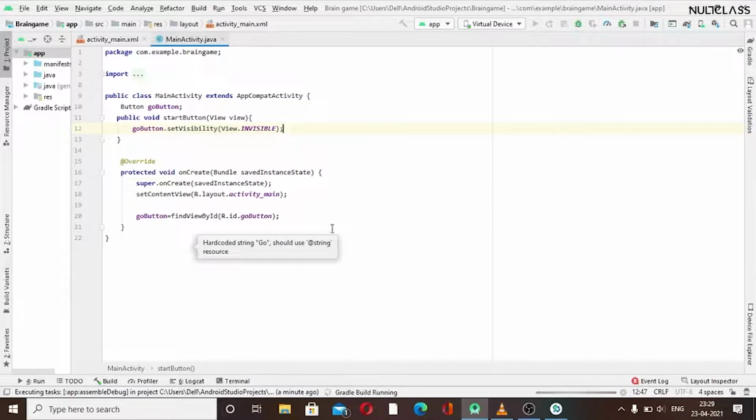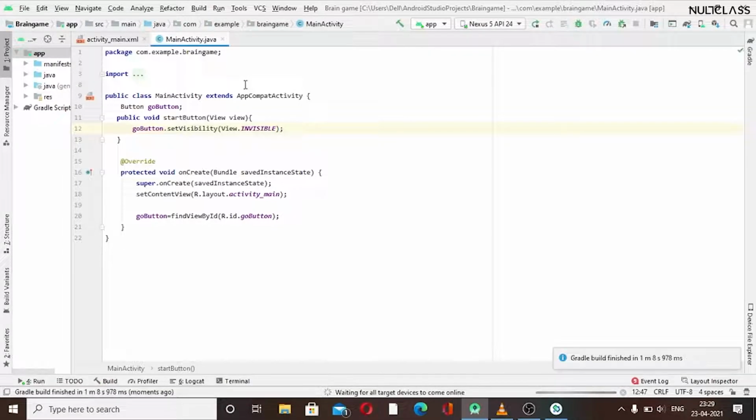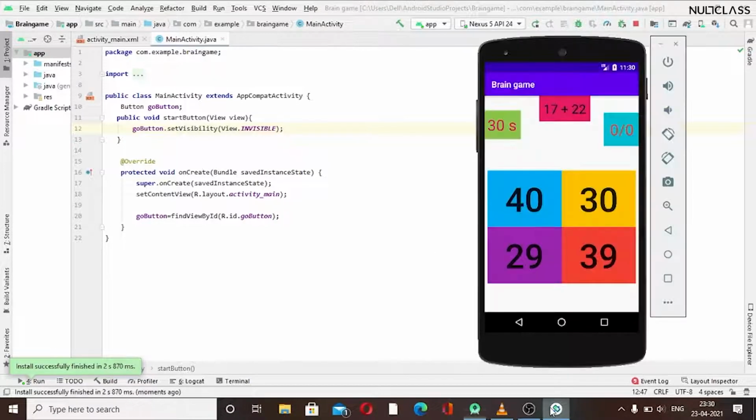So we can see we have added the go button here. Now we can see here we have to add some text view. For adding numbers, we have to create two different numbers which should be random, as those random numbers should get added and shown in our sum text view. Like I will show you. Our emulator is ready, I guess. Like this we can see here we want to show any two random numbers. Like this I have entered, but now for the next time I want different numbers. Like I will select an option, then there should be different numbers.